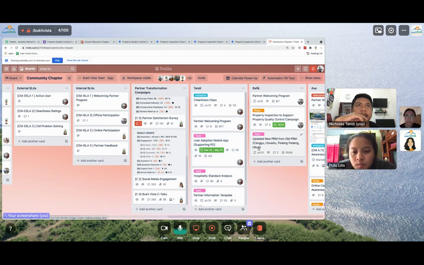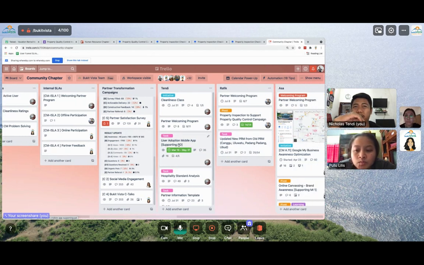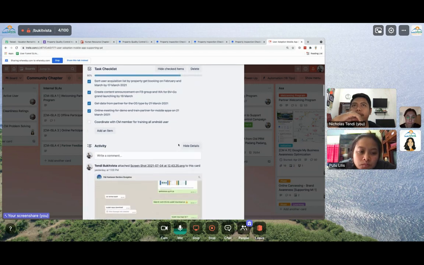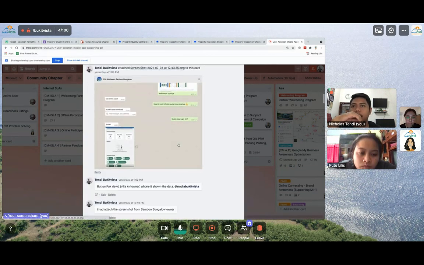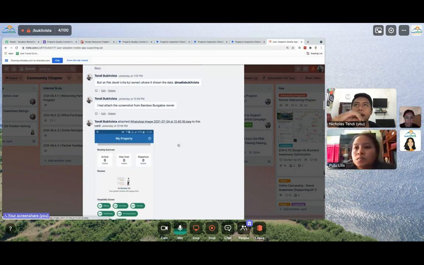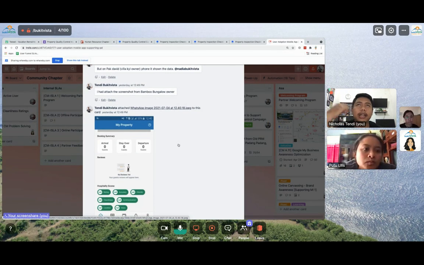And then the second update is, I think, for the mobile apps. Last week I contacted some partners as well, and some owners have already adopted and installed the Bivigo. And then there are two conditions I found last week.